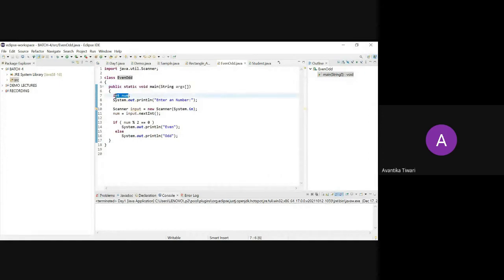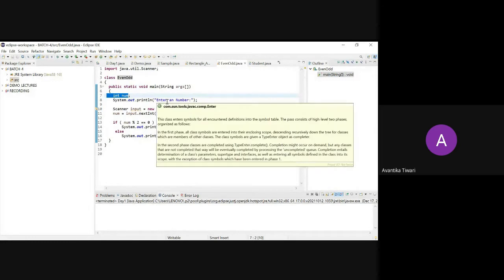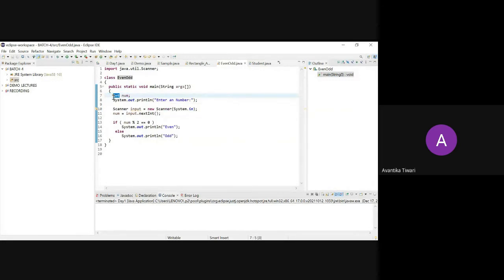So here we are declaring that number, int num. Integer data type, name of the number, num. Your choice, any valid identifier you can keep.